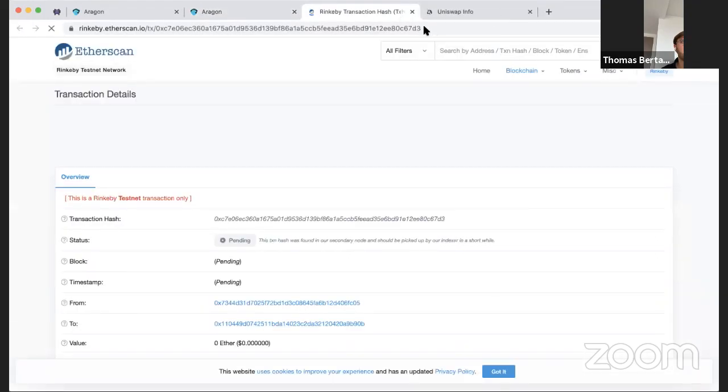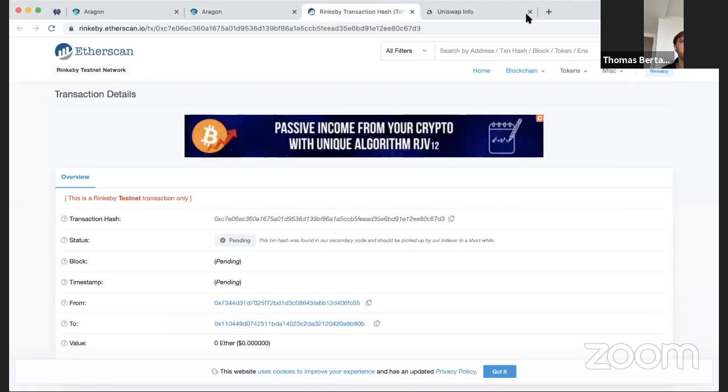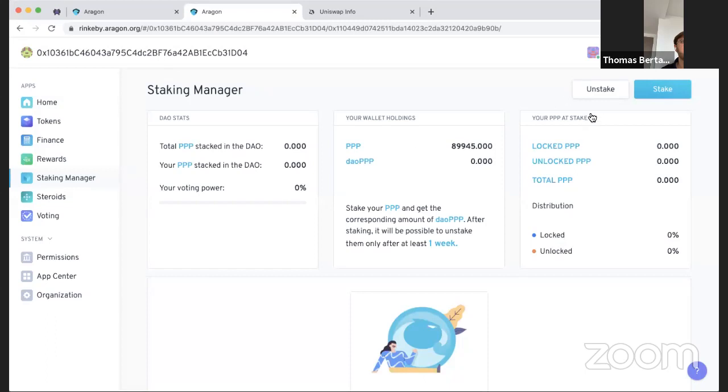What's going on now is that the smart contract of the staking manager is receiving my PNT and will put them in a safe place called the vault within the DAO. All the PNTs at stake within the DAO will go into that vault, and they will safely stay there. Once the transaction is confirmed, which unfortunately is taking ages, and hopefully it will not always take ages,